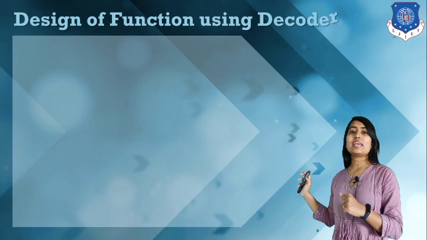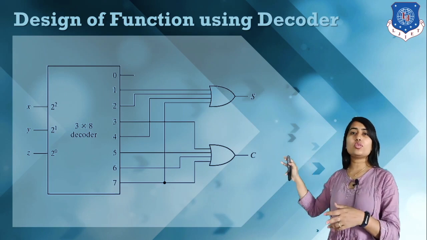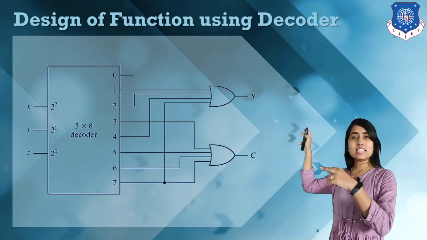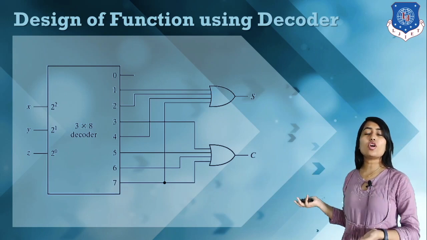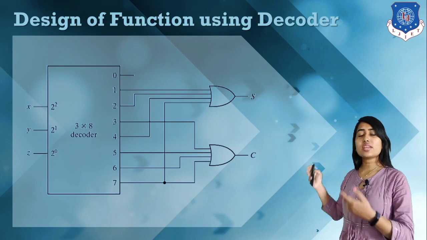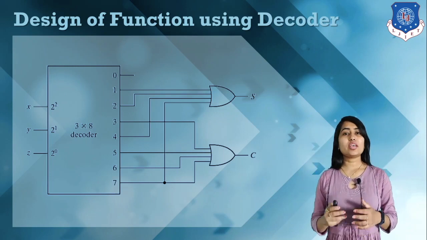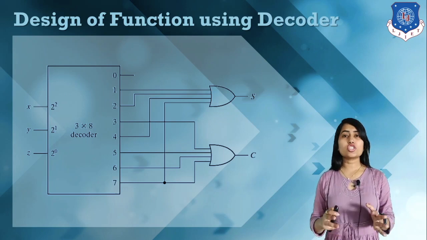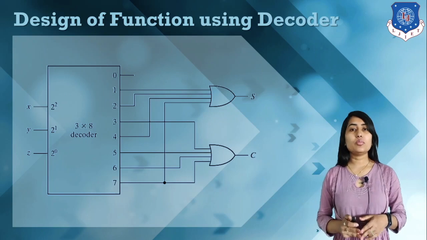So here we have this kind of logical diagram. Okay, so to implement the logical functions, for the sum function we have to make an OR of these terms, and for carry we have to make an OR of these terms. So here we perform the OR operations, and here we have two outputs, sum and carry. Okay, so this is how we can implement SOP form logical expressions with the help of a decoder. So this is the implementation of logical functions with the help of a decoder. Thank you.